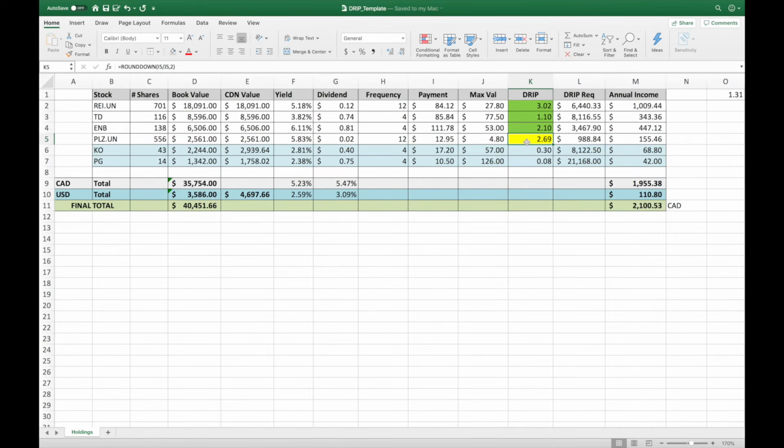You can see that I've highlighted plz.un in yellow. The reason for that is that my current DRIP amount is 2.69. I am really close to getting 3 free shares a month. But again, you can't buy a fraction of a share. So for now, I'm only getting 2 shares a month. I highlight this in yellow to remind myself that I should invest another $500 soon to push this DRIP value over 3. Ideally, I'd like to have all of these numbers in this column to be around 3.2 or 2.1,